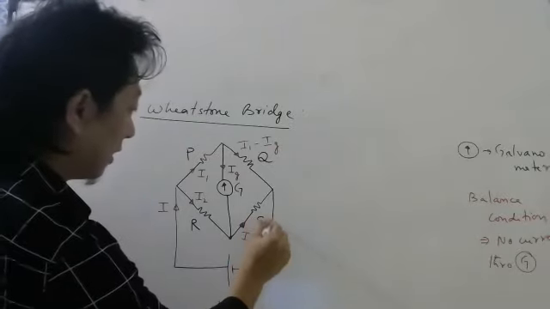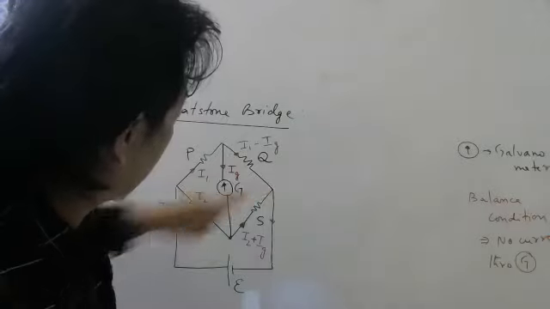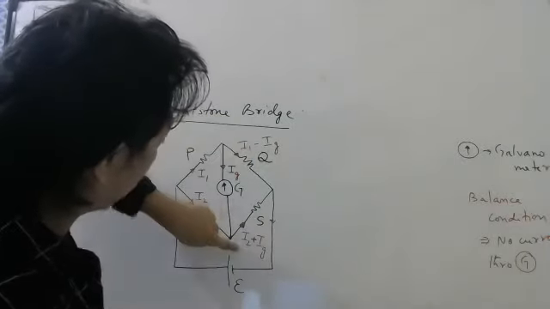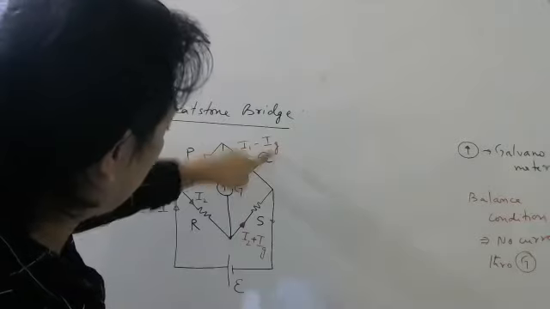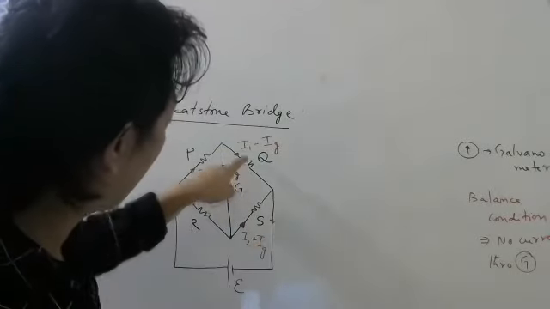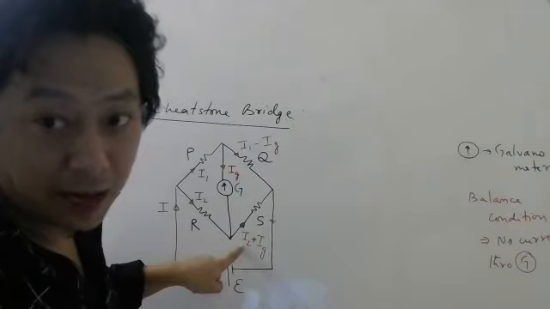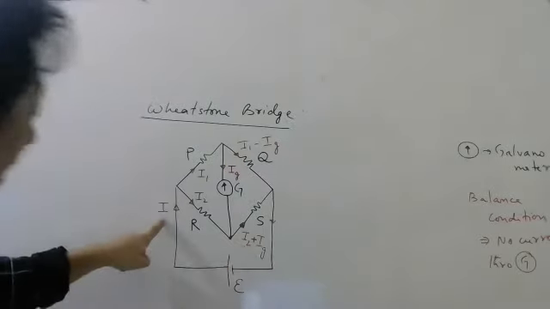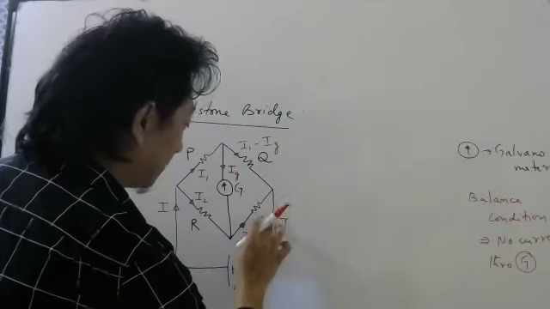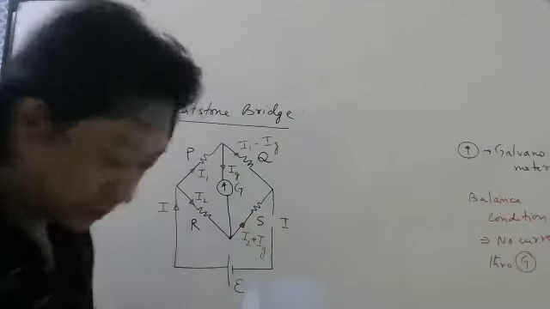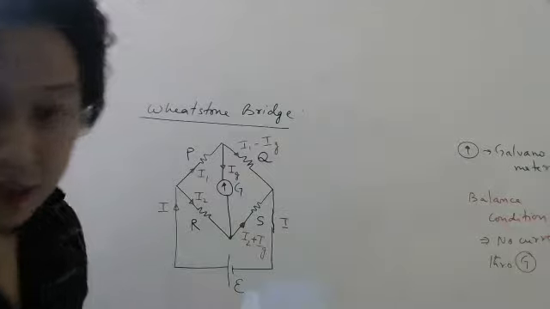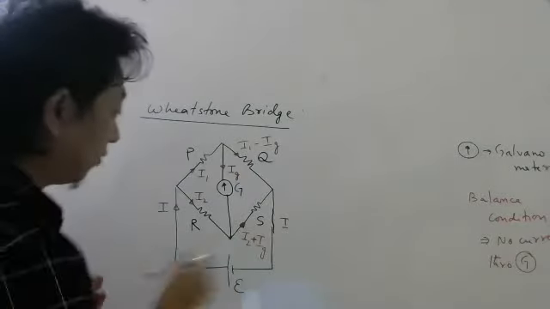Then finally, here, this will come, this will come, this will add. So when this and this add, what will happen? Minus IG and plus IG will cancel. So here how much will be there? I1 plus I2. But I1 plus I2 is nothing but this I. Yes or no? So finally this will be I. Okay, so draw the circuit first. Everyone, draw the circuit and show the current direction carefully.